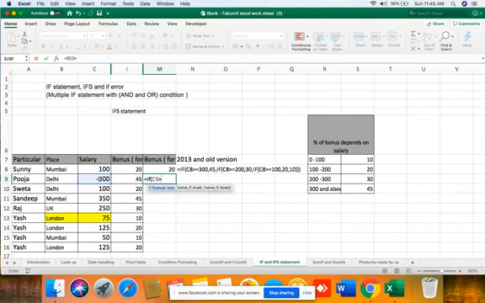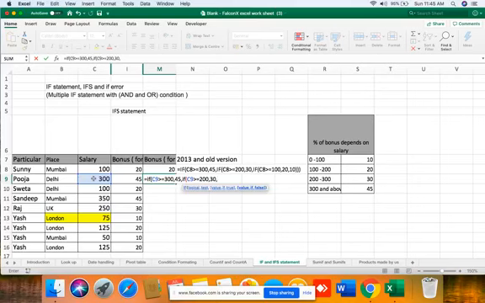This is the first condition. If it's true, 345. If it's false, we again start an if statement where we compare it with 200. If it's true, we should get 30.